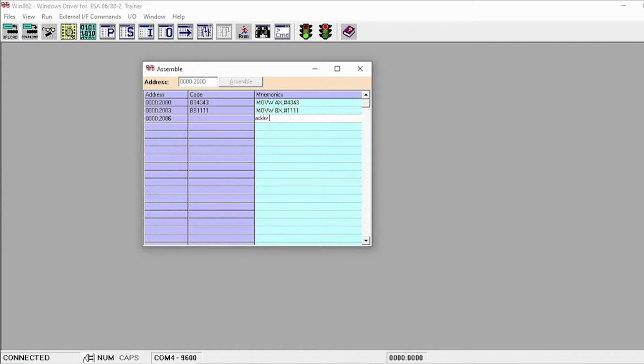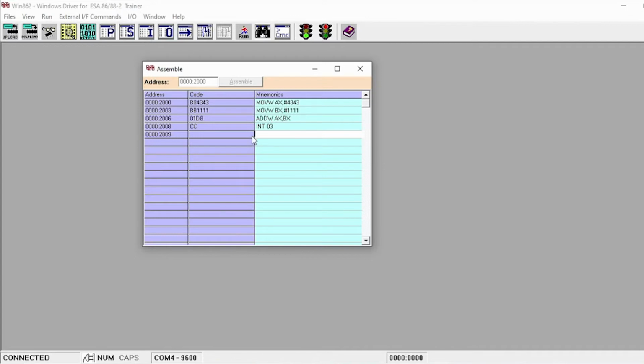ADD AX, BX. And the last instruction INT 03. So this is the addition program, 16-bit addition program.